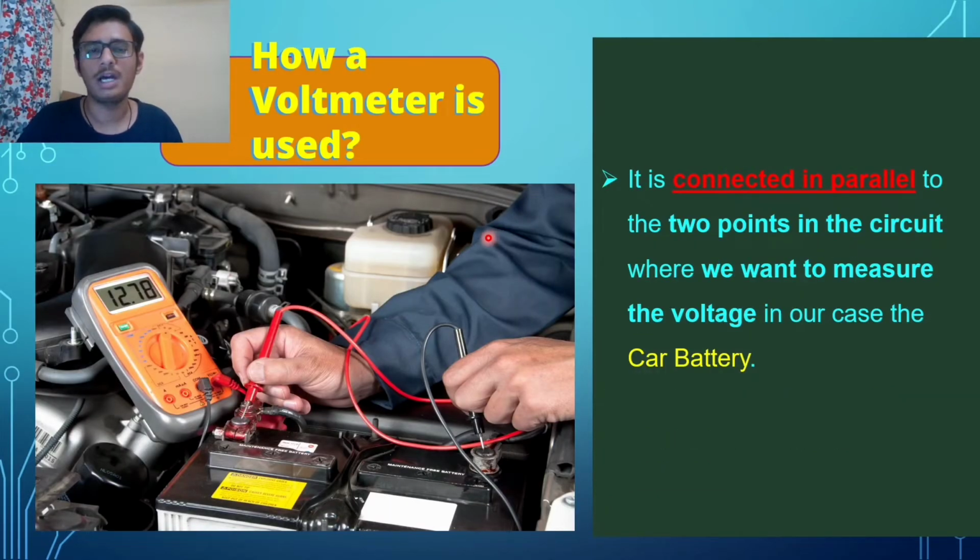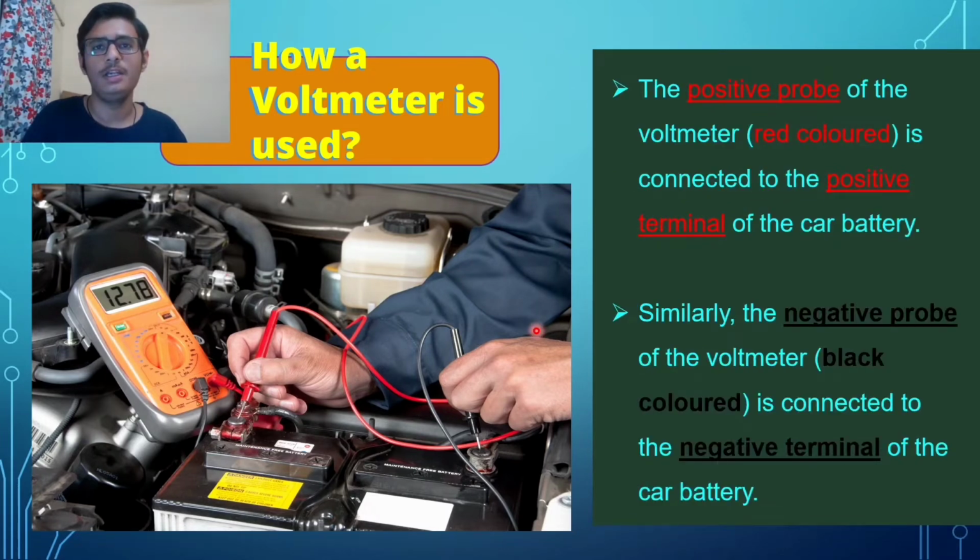So now let us learn how a voltmeter is used. A voltmeter is connected in parallel to the 2 points in the circuit where we want to measure the voltage, in our case the car battery. The positive probe of the voltmeter, which is red colored, is connected to the positive terminal of the car battery. And similarly, the negative probe of the voltmeter, which is black colored, is connected to the negative terminal of the